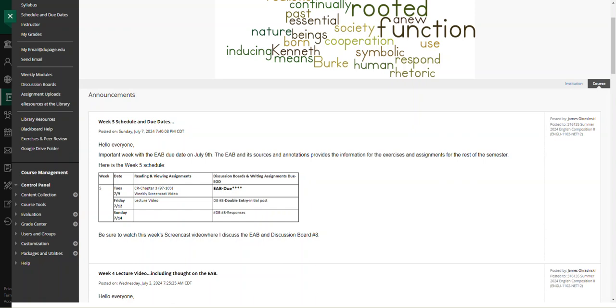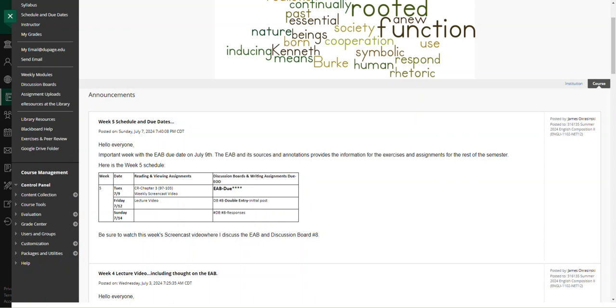Time is short. One thing I do want to emphasize this week is that the annotated bibliography and its sources, along with the information in the annotations, will provide the basis for your activities, exercises, and assignments for the rest of the semester, leading up to and into the final research essay.